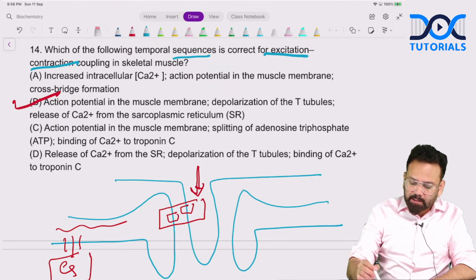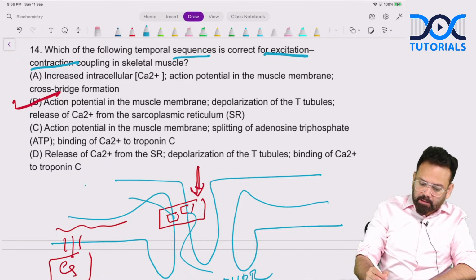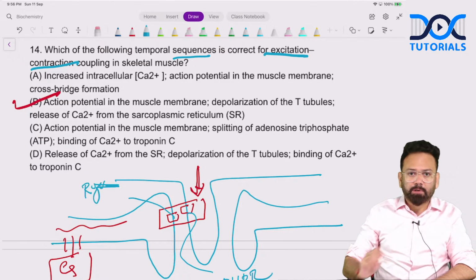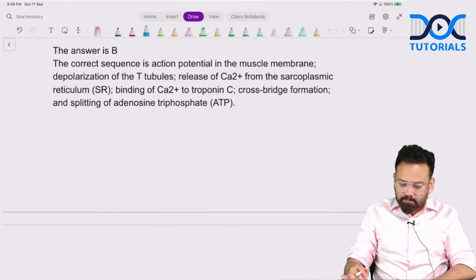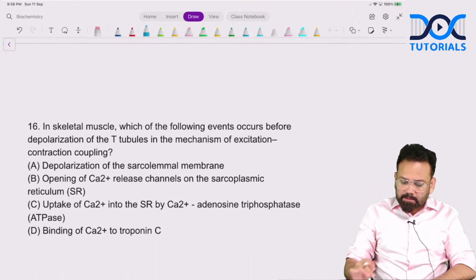And which receptor is this? This is called the dihydropyridine receptor, and this is called the ryanodine receptor. Now go very fast. This we have done. Okay. Same question